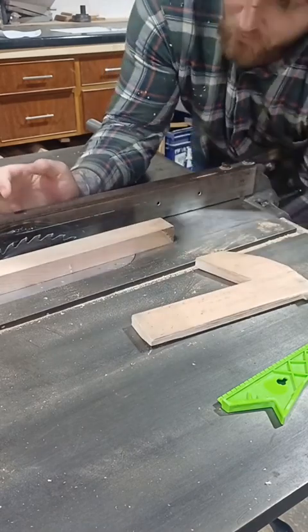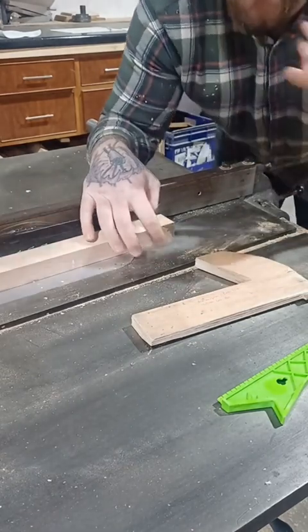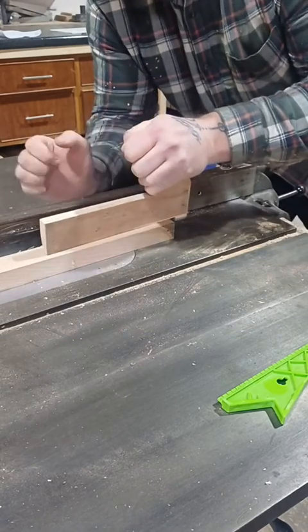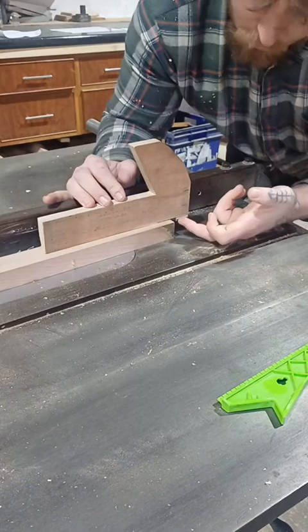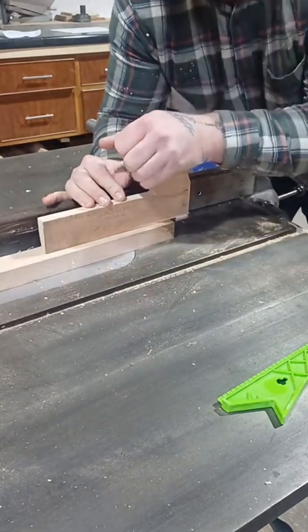And providing that when you set your blade height, you set it to just about 1 millimetre or 2 above your material, if you pass over with this, it's perfectly safe because you've got at least 2 inches away from the blade, plus however you choose to do the handle. So the important thing is having a nice flat surface here and a hook on the back here. So you can do your handle however you want. You could